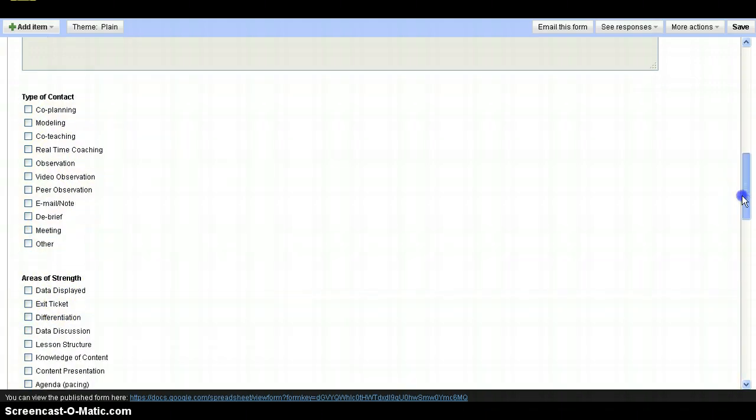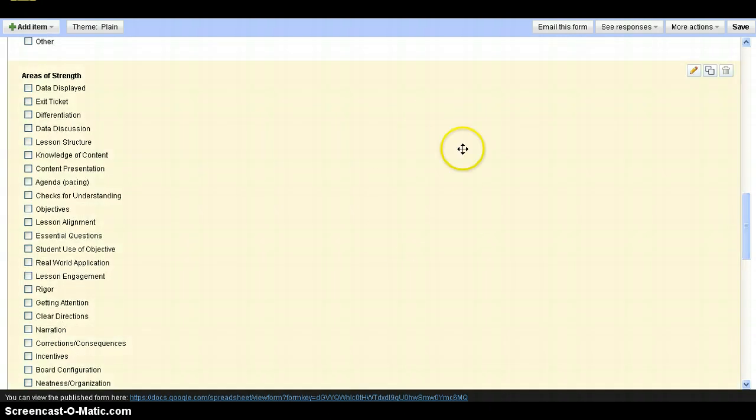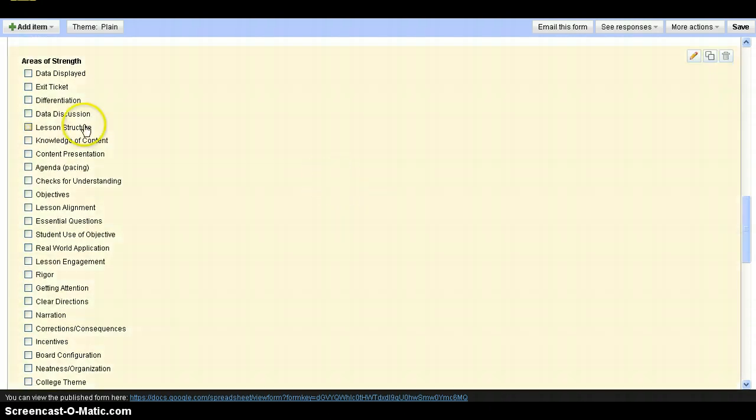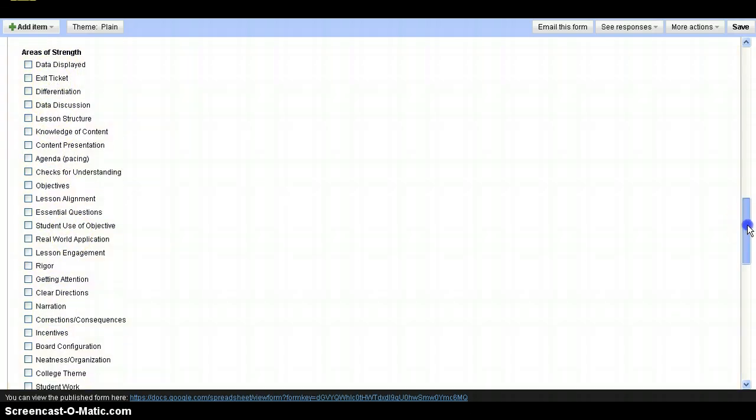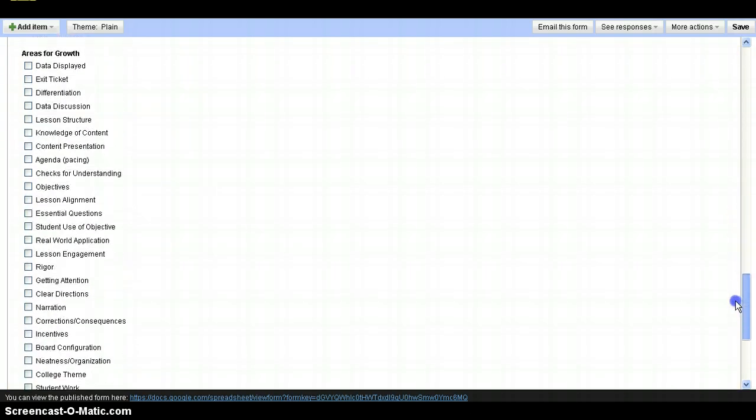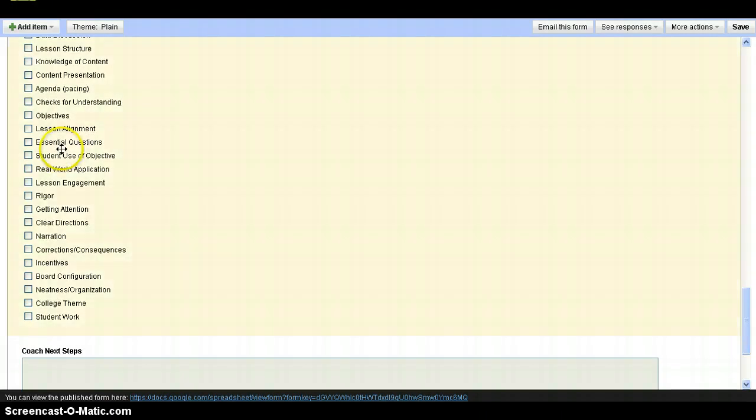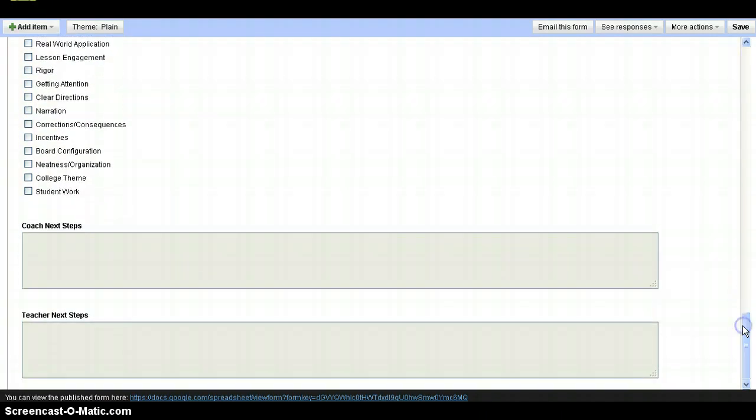And so if you have those checkboxes filled out, it just allows you to look at data a little bit better. For this particular form, for the areas of strength and also the areas for growth, I used a lot of the same kind of areas or indicators from the DICE IQ rubric. So you'll see a lot of these things are the same things that are on that. And then at the very bottom I have coach next steps and teacher next steps, and those are from the